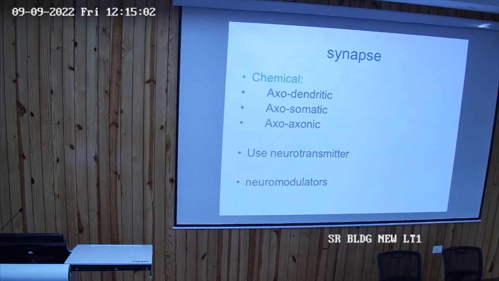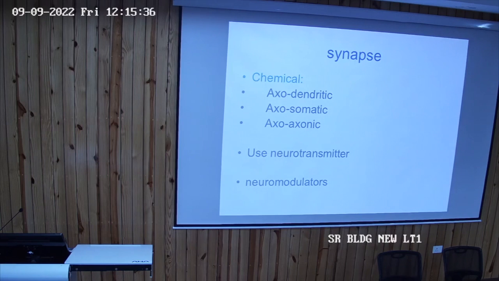Now chemical synapses in the central nervous system anatomically can be of 3 types. Axodendritic, most common. Axon of one neuron synapsing with the dendrite of another neuron. Such a synapse is known as axodendritic synapse. Second is the axosomatic. Axon of one neuron and soma or cell body of another neuron. Such a synapse